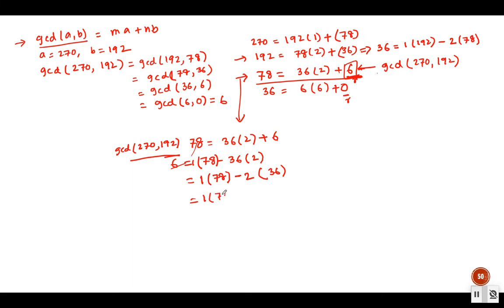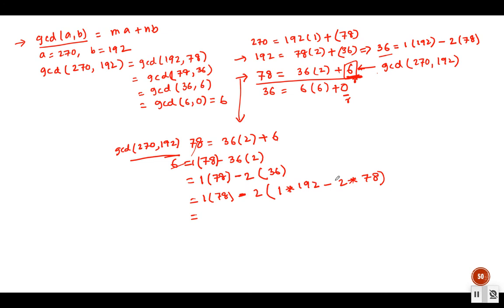Remember, I'm not going to do any multiplication or addition. All I need to find out is how many 78 and how many 192 I have here. So instead of 36, I replace it with 1 times 192 minus 2 times 78. Again, I'm not going to do any multiplication or plus minus. I just find how many 78 and how many 192 I have. Here I have 1 times 78 and here I have